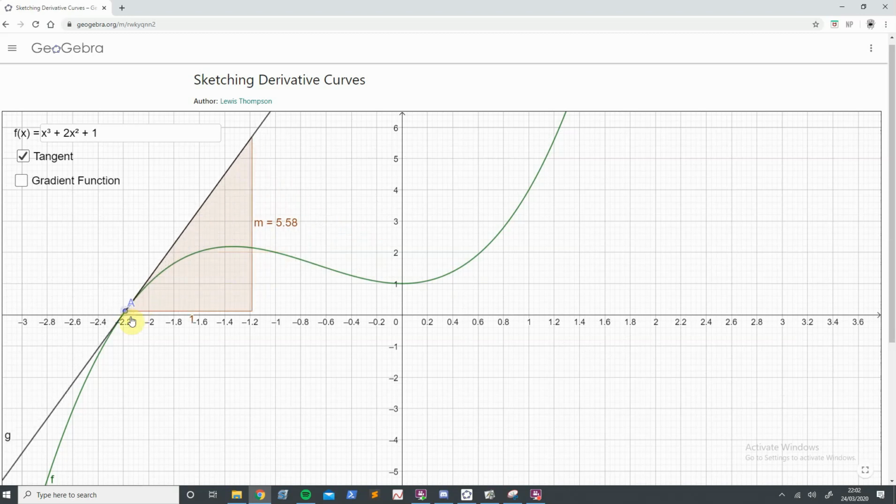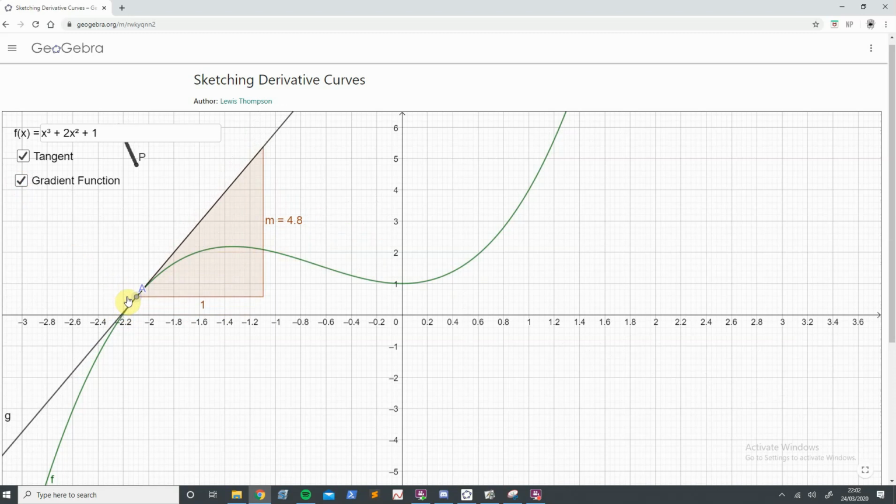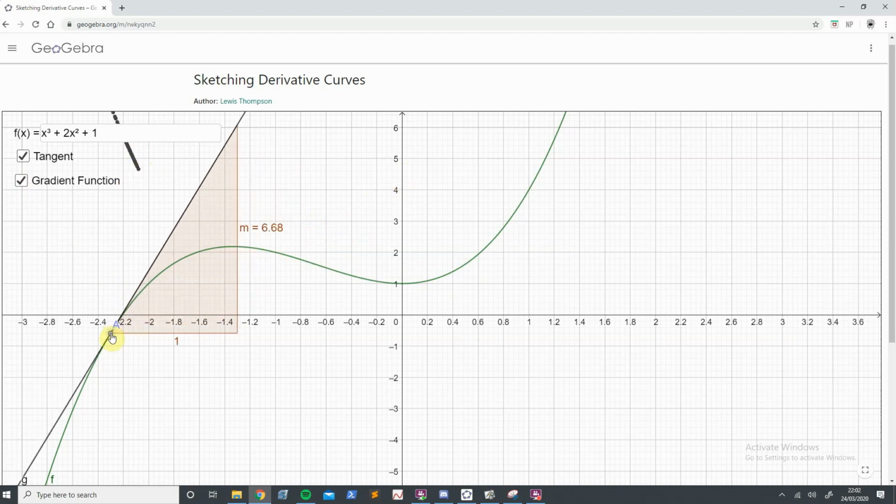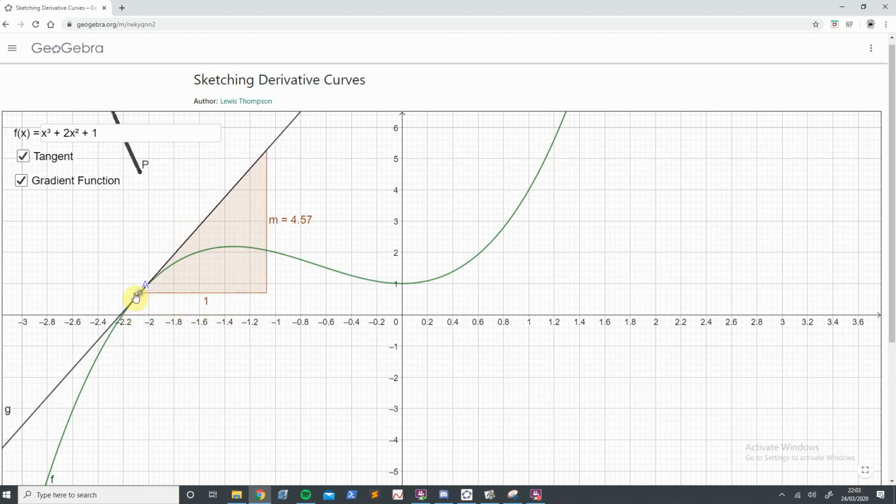So if I go back to the beginning, and I'm going to click on my gradient function, this is going to trace the gradient, and it's going to draw the gradient function on top of this graph. So we can see that the gradient here is positive 4.6. So this is up at about 4.6. And even when I'm in the negative part of my graph here, it's still a positive gradient, so the derivative graph is still going to be up here, probably off my graph actually, up in the positives. If I keep going,